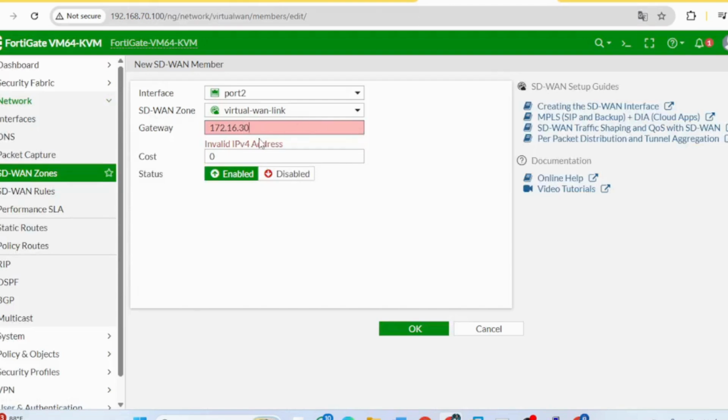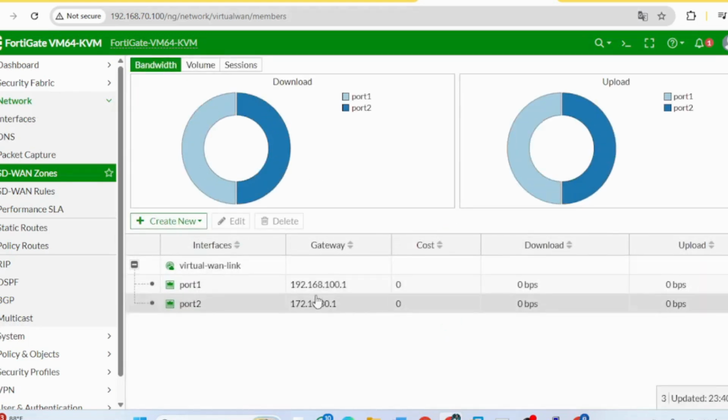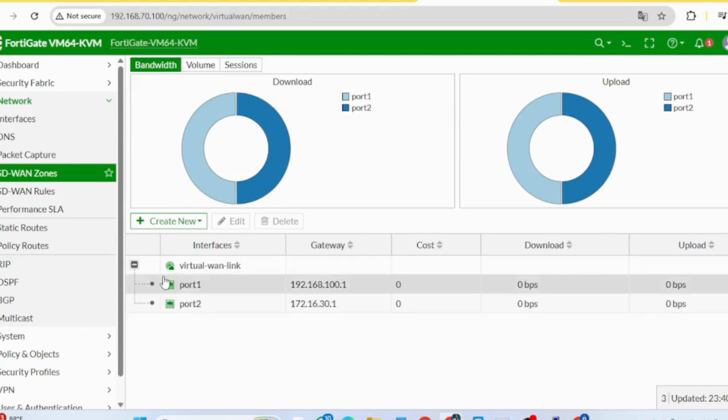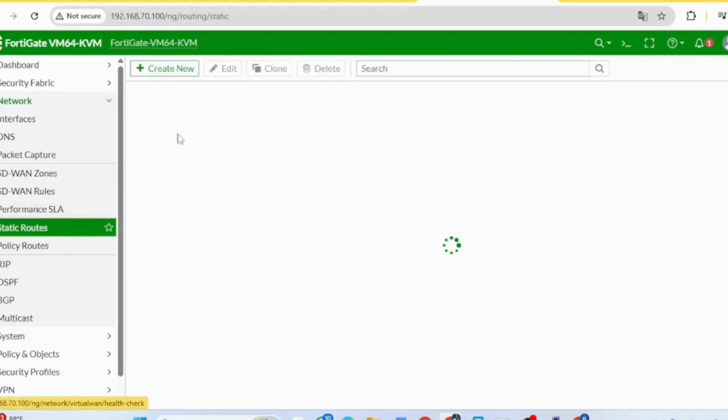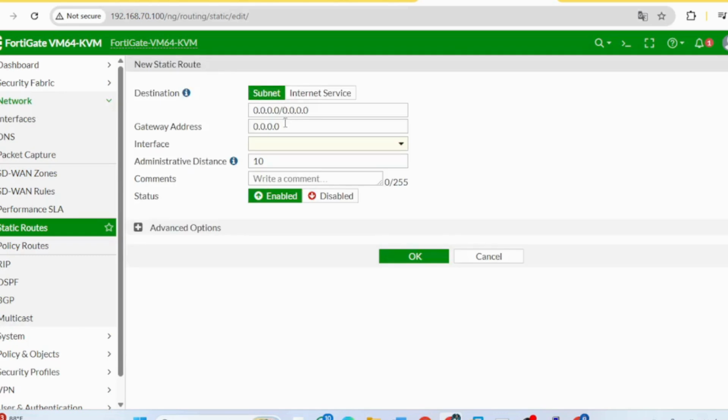Now here you can see in the virtual link there are two VLAN branches. Now we need to create a static route to make sure the VLAN goes to its respective ESP.